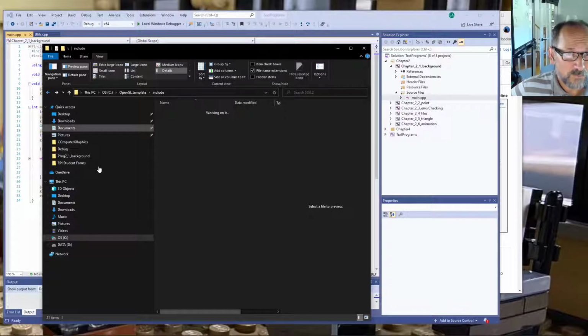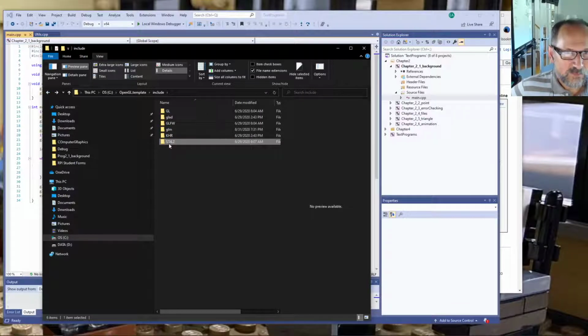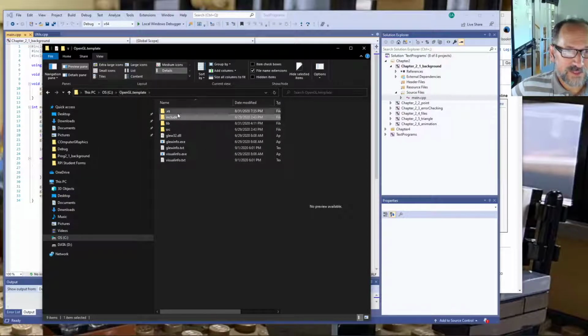Soil, once again, is the simple OpenGL image library. Glue is our GL extension wrangler. GLFW is sort of our glue for Windows, basically window handling routines, operating system handling routines. So things like popping open windows, doing basic I/O, and so on. So that's what they're all there for. This is the directory that I'm going to refer to from the Visual Studio environment in order